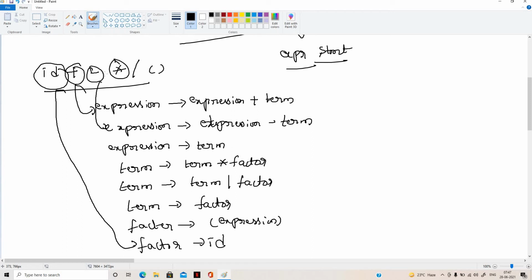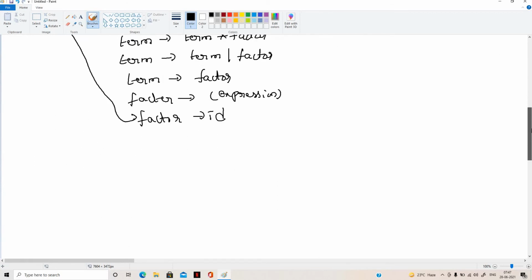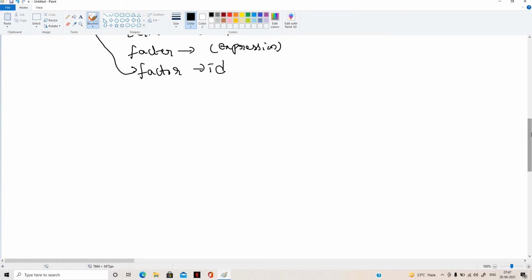So next, notational conventions. What type of notations are we having?